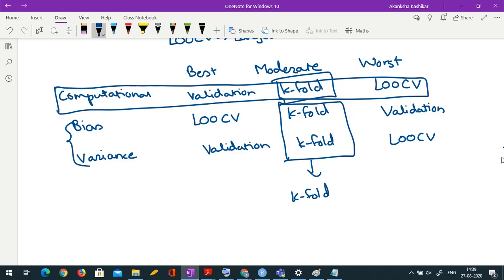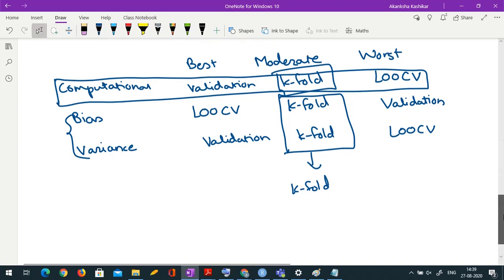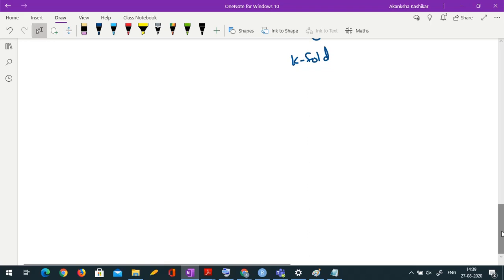Now, another question. We know that the k-fold approach has moderate bias, whereas LOOCV is best in terms of bias. Now, should I be concerned too much about the bias? In fact, LOOCV also may not give a perfect estimate of test error in every case, because the size of the test set is different. So should I be worried about these things or not?